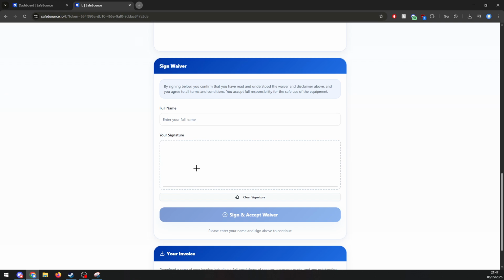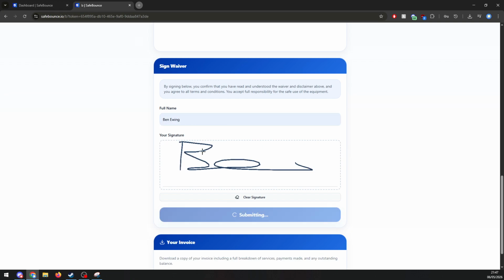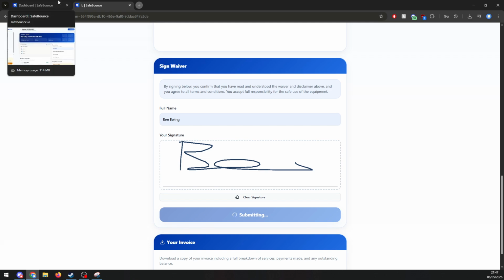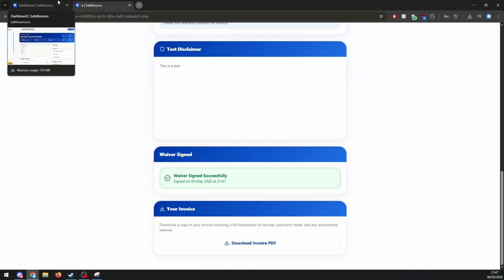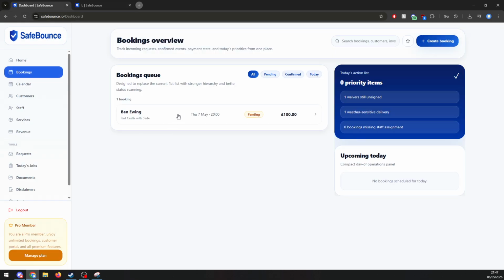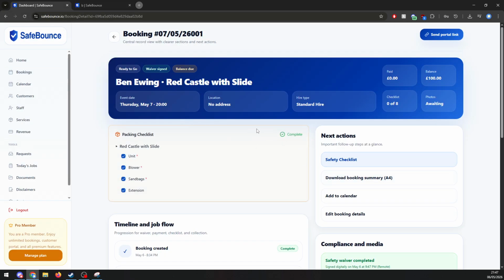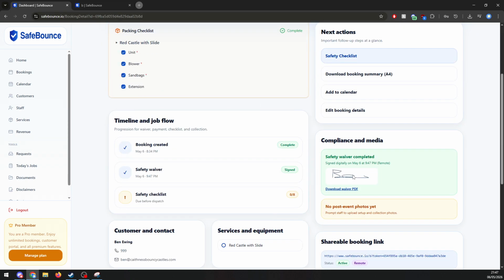So we'll go back here, we'll just sign it as if we were the customer signing this remotely, enter our name and hit sign and accept. We'll let that submit, we'll just make sure it goes through. Perfect. We'll come out here, we'll open this back up, and we can see here that it's changed itself to confirmed, the waiver's been signed, the balance is due, but we're ready to go,